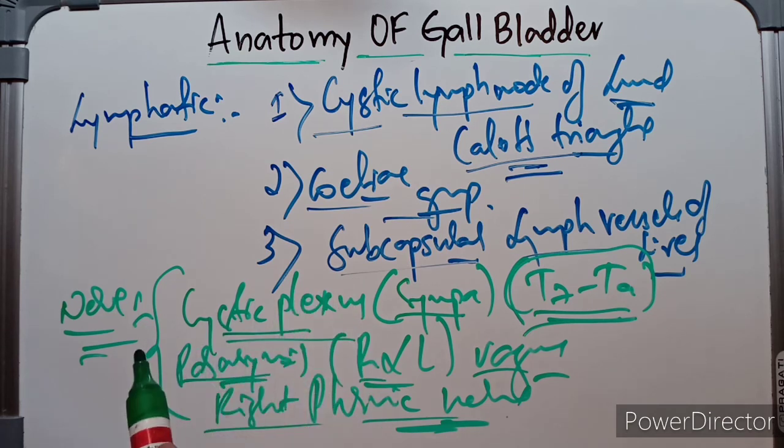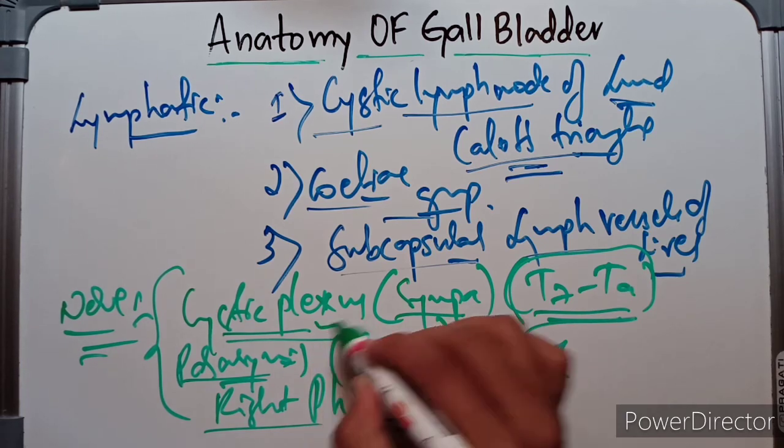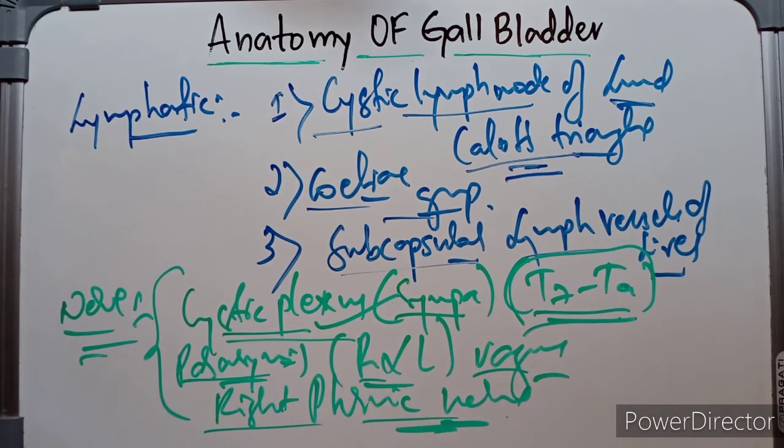So clinically, if there is gallbladder inflammation, the pain is referred to the inferior angle of the right scapula by the sympathetic fibers, and also to the tip of the right shoulder via the right phrenic nerve, and also the stomach by the vagus nerve. So we have the dermatomal supply, right? If the gallbladder is affected, then we can feel the pain in the inferior angle of the right scapula via the sympathetic fibers, we can feel stomach pain due to the parasympathetic effect by the vagus, and also we can feel right shoulder pain due to the innervation of the right phrenic nerve. So this is about the nerve supply of the gallbladder.